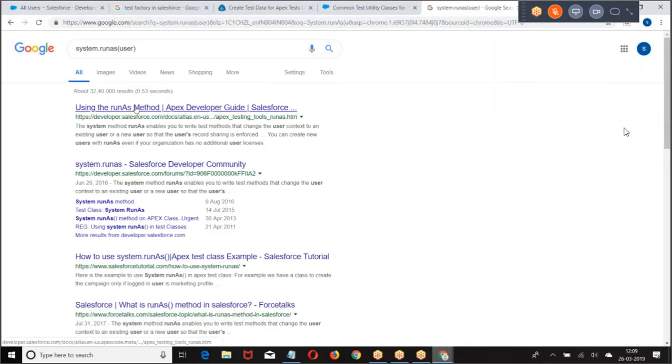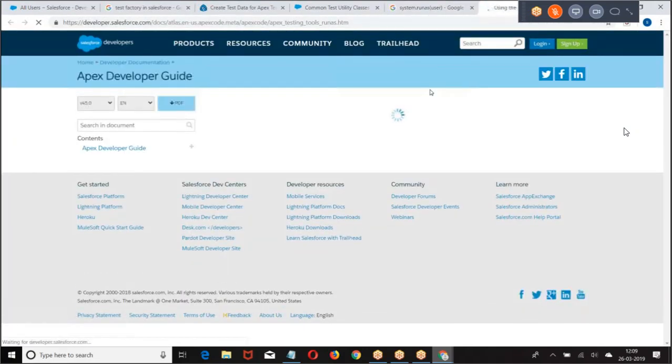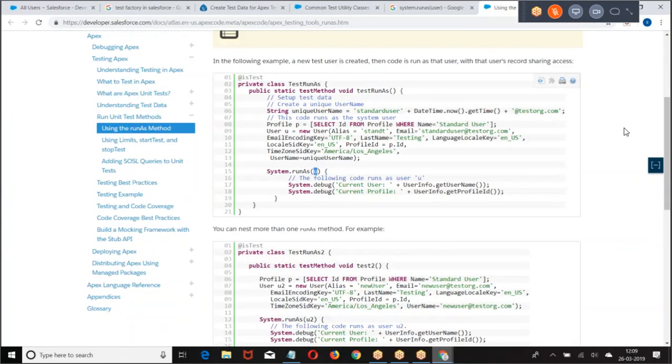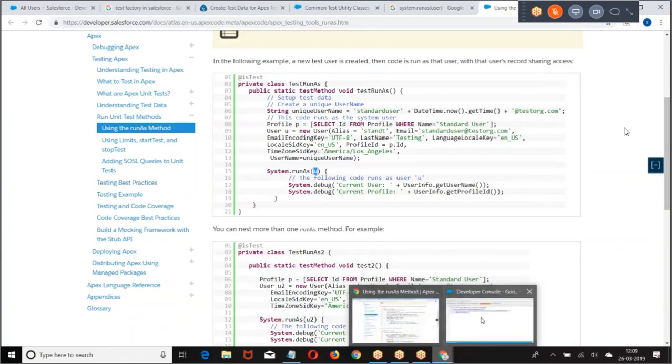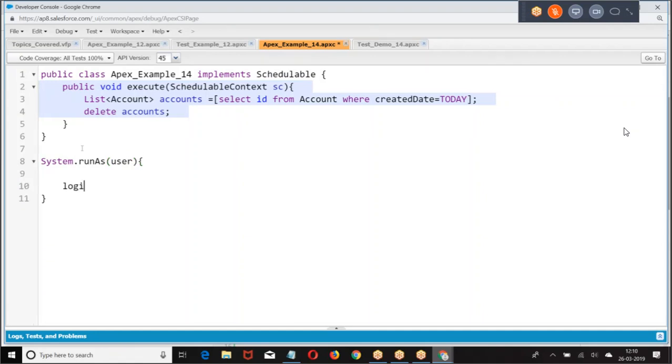Then how are you going to test? System.runAs, with a specific user. We're going to give the user here: System.runAs(user).